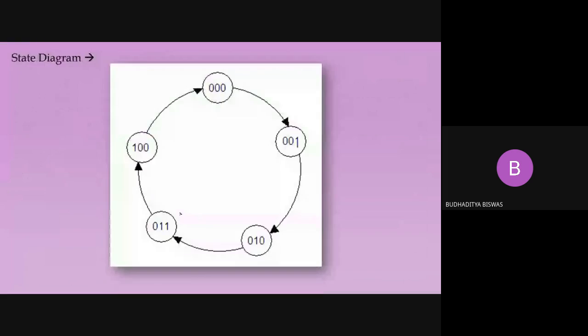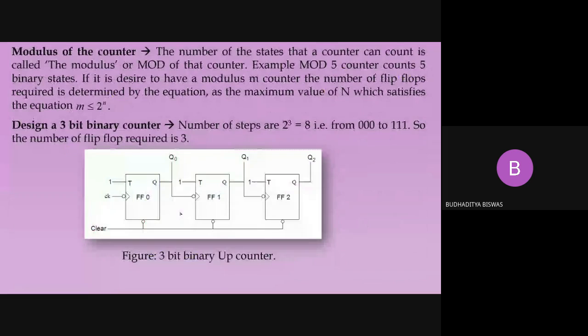So let me clear one thing, that when I just taught you the asynchronous counter design, 3-bit asynchronous counter, how to design a 3-bit down asynchronous counter. First you tell me this is the up counter or down counter. This is asynchronous counter because the clock pulse is not connected everywhere. The clock pulse is connected to the first flip-flop only, but the rest of the flip-flops get the clock pulse from the previous flip-flop output. That is called the asynchronous flip-flop. And this is the up or down counter.